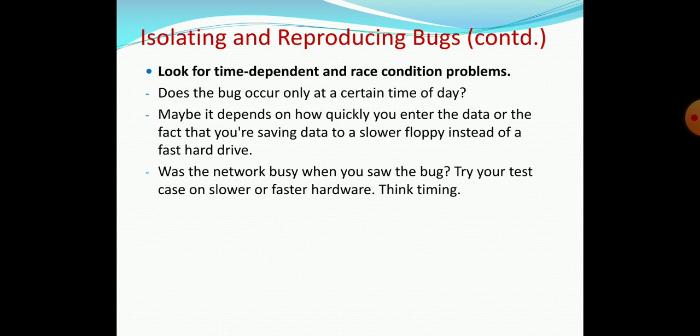Okay, so there may be chances this case might be discussed in the classroom. Like you are working on a particular project which is network based, and it is showing lower speed from, say for example, 12 noon Indian Standard Time to 5 o'clock in the evening. Okay, so why does it happen? From 12 to 5 on our side, the working time of the US or UK client will start again. So at that time the traffic will be more and more, and you will be getting lower performance.